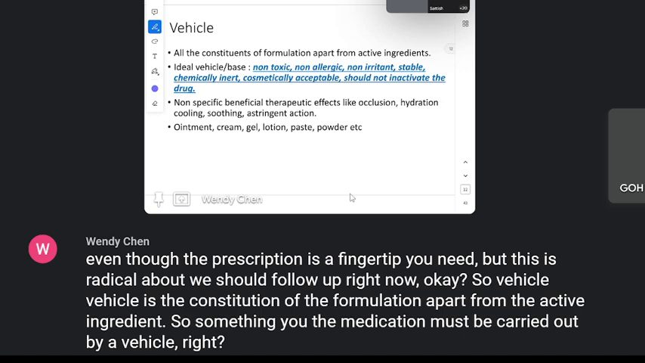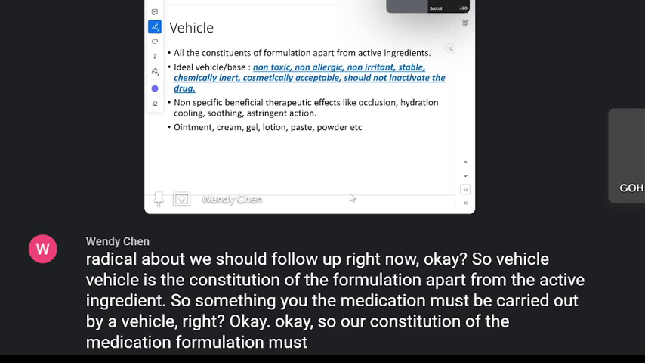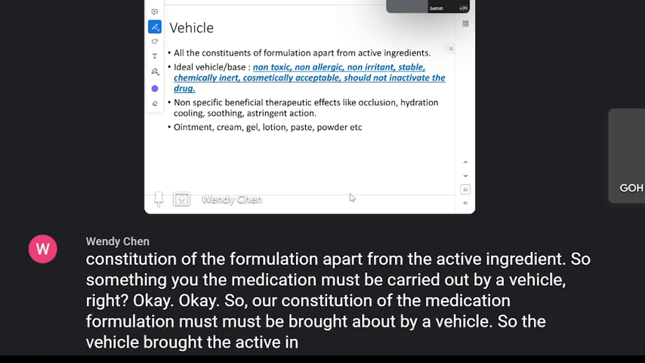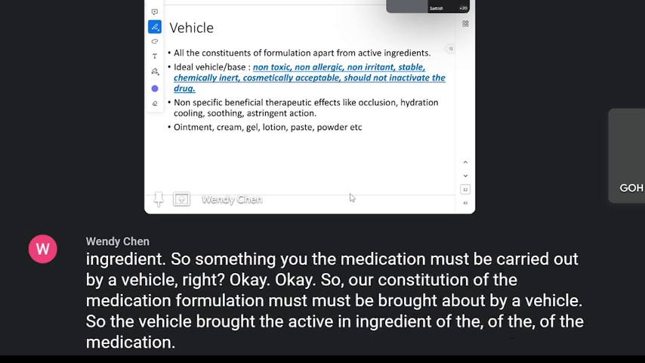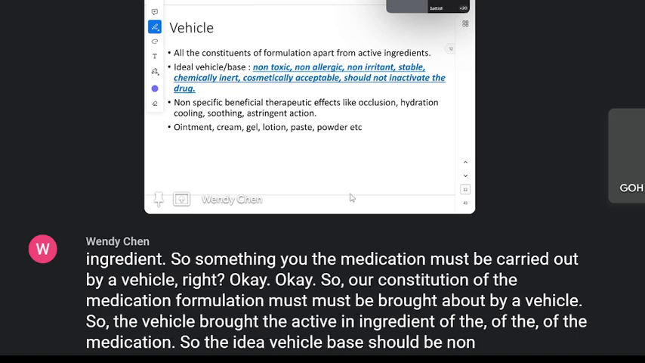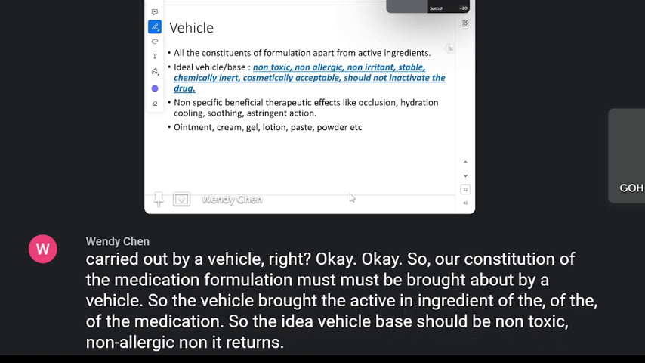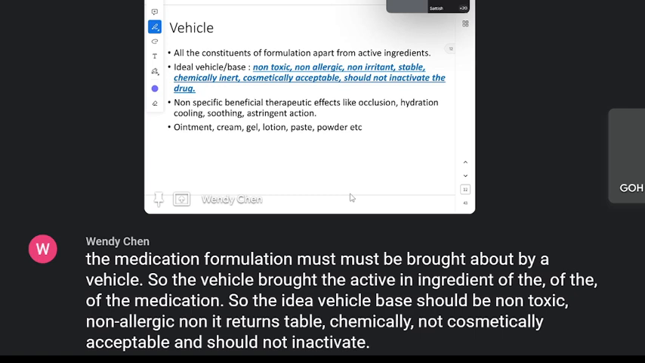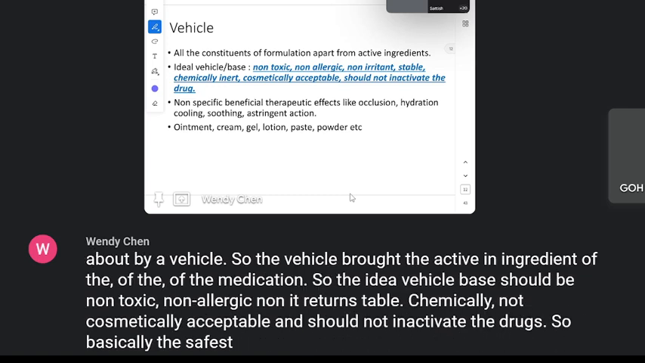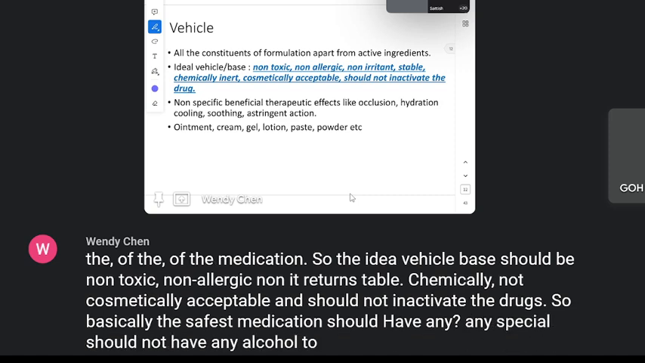Okay, the constitution of the medication formulation must be brought about by a vehicle. So the vehicle brings the active ingredient of the medication. The ideal vehicle base should be non-toxic, non-allergic, non-irritant, stable, chemically inert, cosmetically acceptable, and should not inactivate the drugs. So basically, the safest medication should not have any smell, should not have any alcohol or toxic ingredient that can